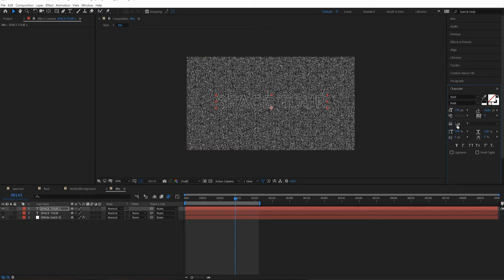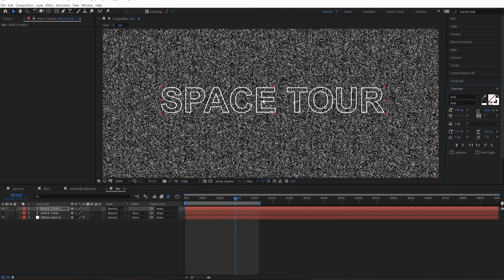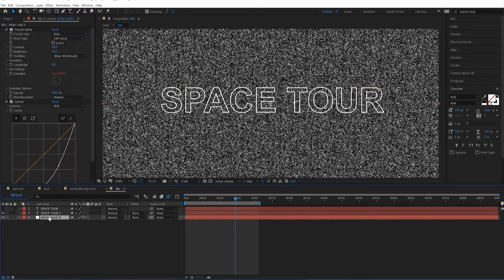I'm going to increase the stroke amount. Right now it's 1 pixel. And I'll type some even number like 4. Zoom in a little bit. And this is what I'm going to use as my Luma mask. Luma masks use light to cut into a background. I'm going to move this stroke right above this background,